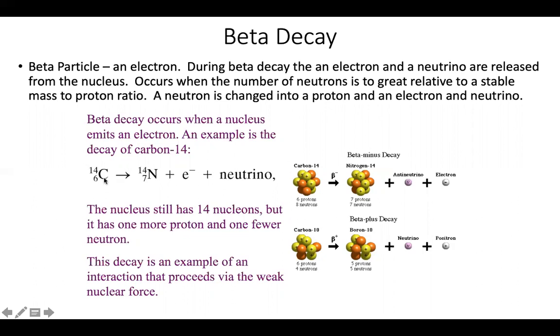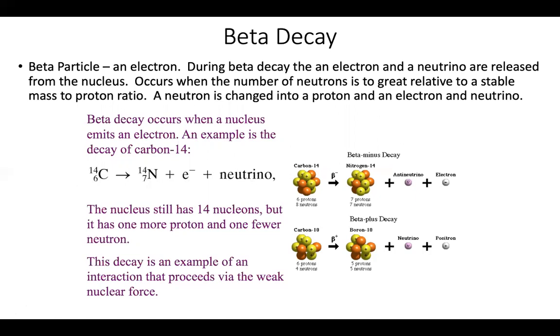Here's our example of beta decay. Again, carbon 14 decays into nitrogen 14 plus the electron plus the neutrino. So again, conservation of nucleons, 14 to 14. Conservation of charge, 6 protons becomes 7 protons minus 1 for an electron. So 6 and 6, plus that neutrino, which again, like I said,